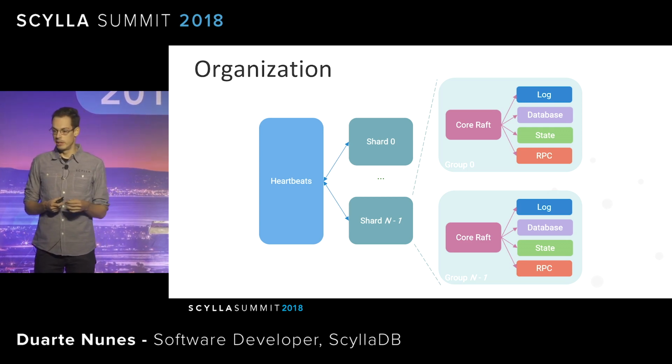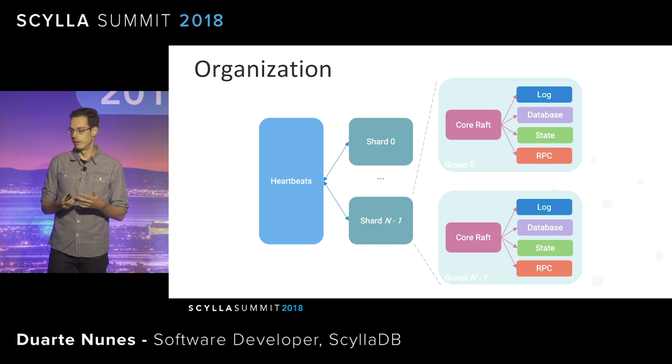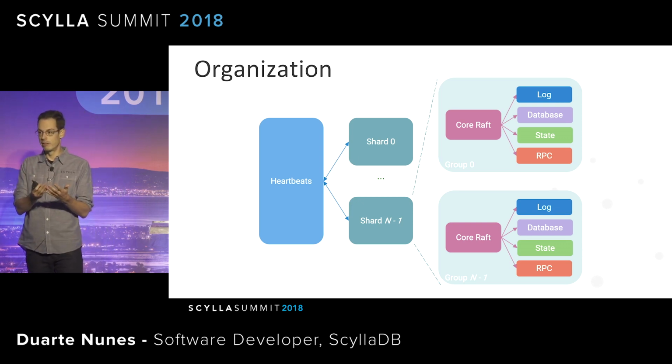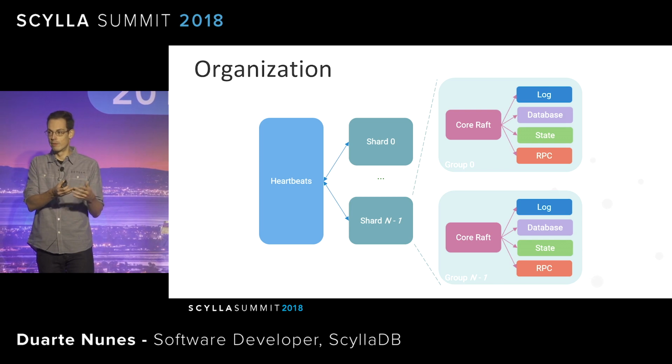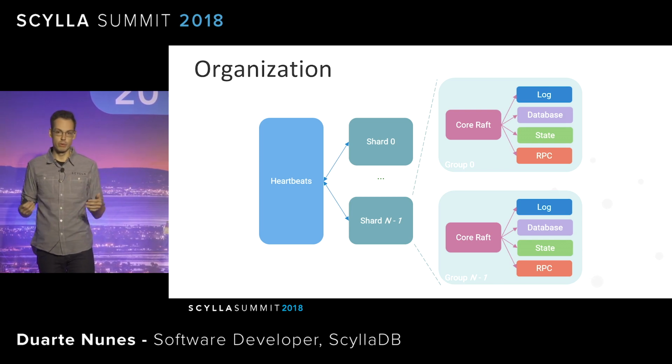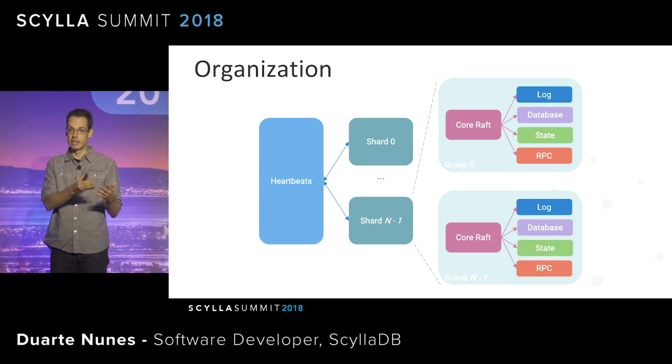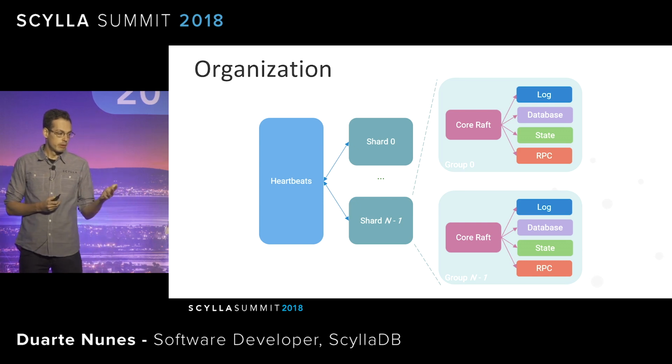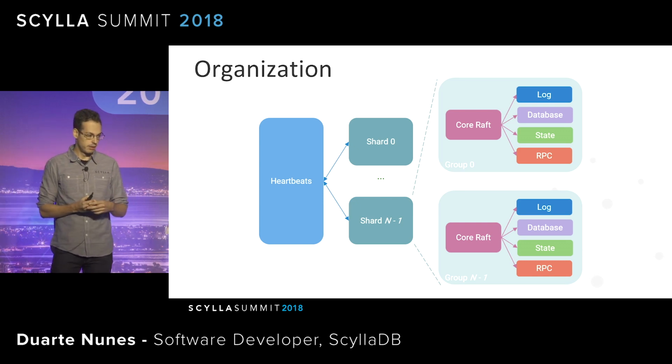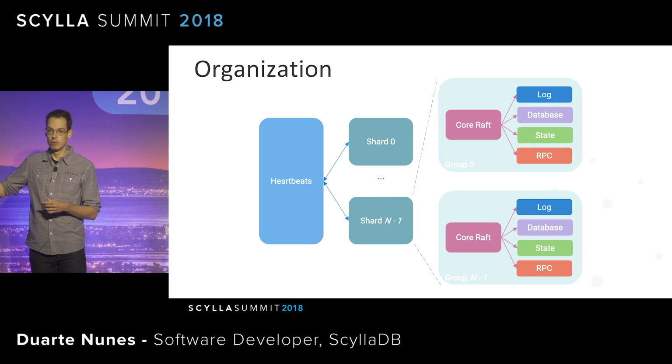Since a node can be a leader for multiple Raft groups, we don't want to send a heartbeat to a replica that is a follower for many of those same groups. So we want to coalesce the heartbeats in a single message. And the reason we don't use gossip for this is that the period of gossip is much longer than we want this period of unavailability to be.